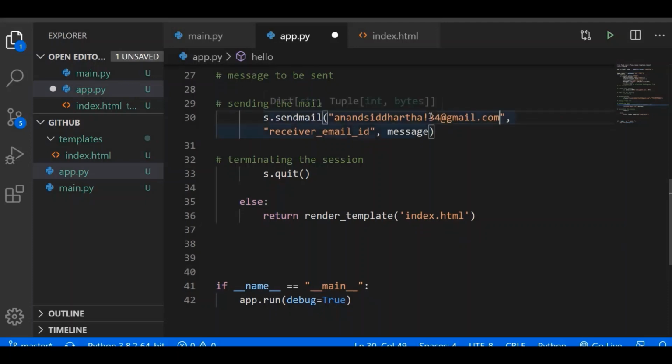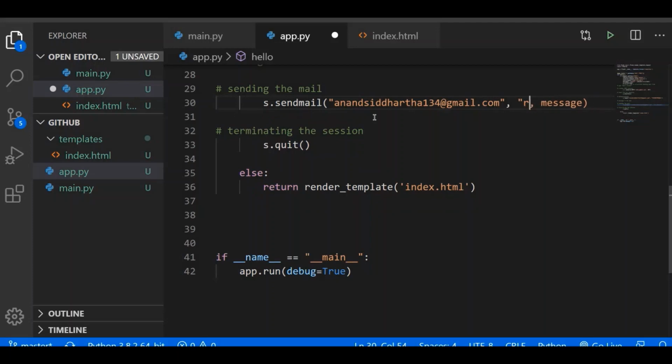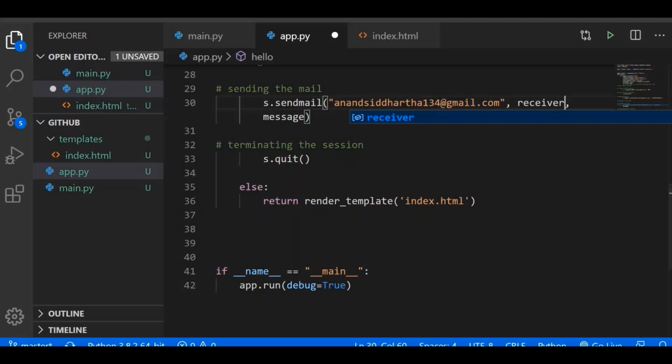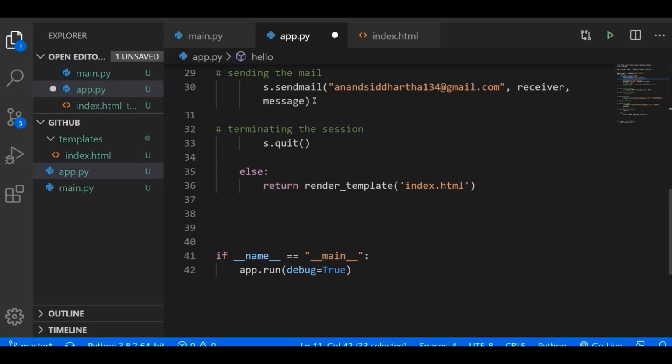So this is my email ID, and now this is the receiver email ID, and for the receiver email ID you can simply use that receiver. From this receiver you will get the email ID from the form, so you will use it. So for that only I am using receiver here, and after that we will send the message, and after sending the message we will have to get the confirmation whether the message has been sent successfully or not.